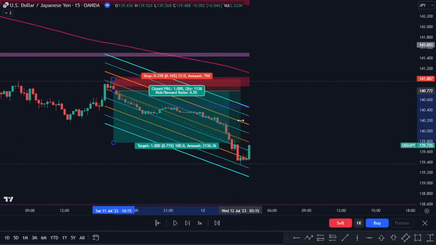The linear regression channel is definitely worth a closer look, but before we begin, I want to